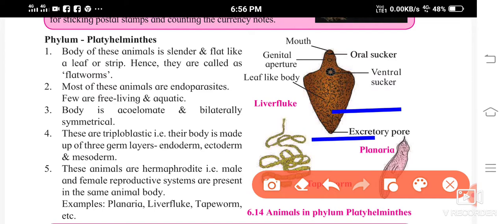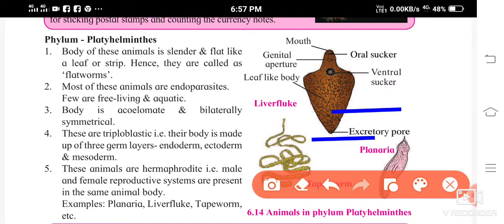These are triploblastic, three layers, that is their body is made up of three germ layers: ectoderm, endoderm and mesoderm. So they are made up of three germ layers, okay. Now these animals are hermaphrodite, that is male and female reproductive systems are present in the same animal body. So what happens over here? Both the male and the female reproductive systems are present in the same animal body,